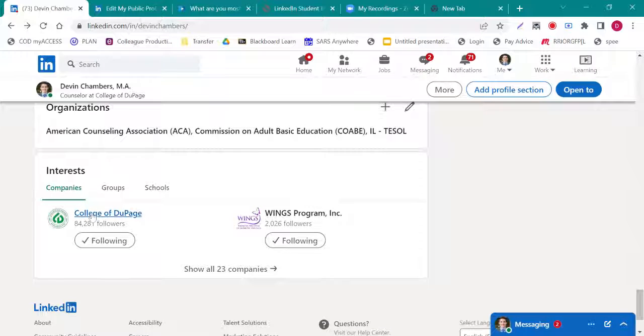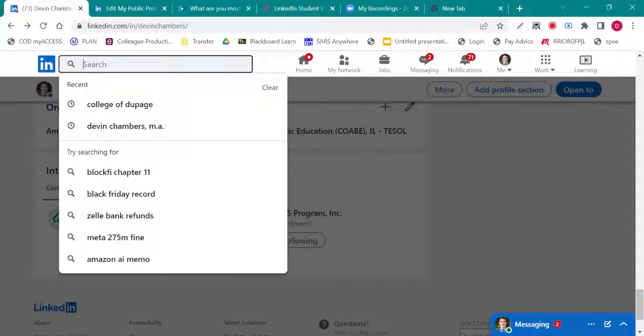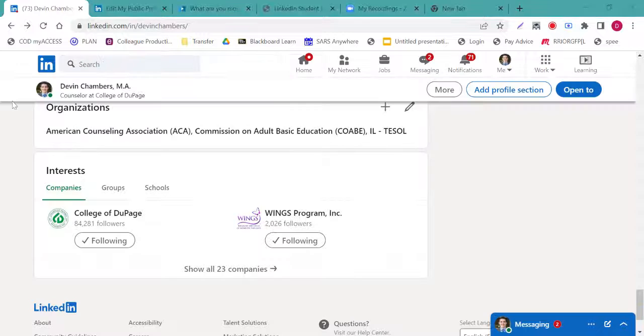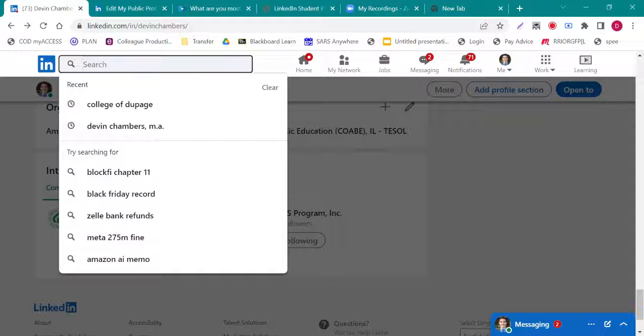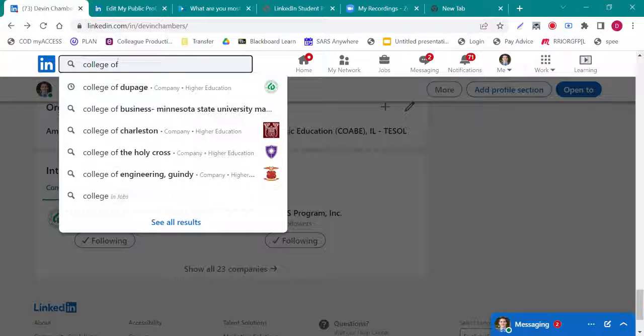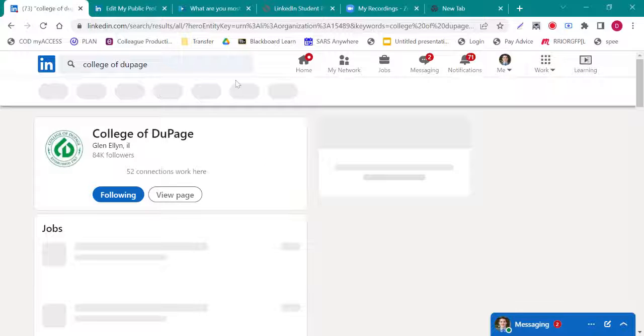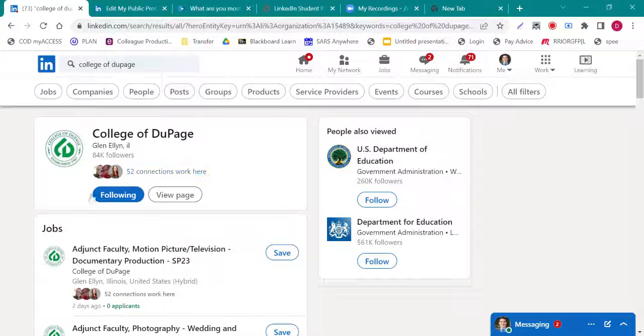Now, one other tool: let's say you want to learn more about cybersecurity and you want to talk to somebody in the industry, and you want to look at alumni. Whenever you're networking, it's best not to be completely cold messaging or calling people. It's better to have some type of connection. So let's say the connection is you both went to College of DuPage, even if you don't know them, and even if they went a long time ago.